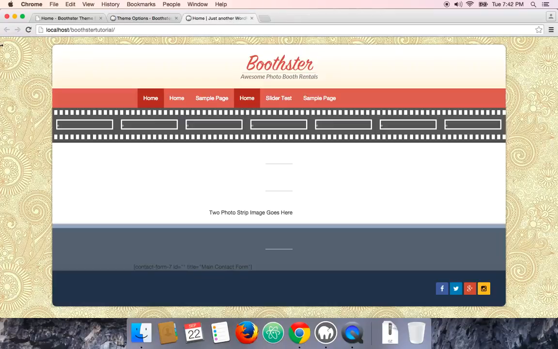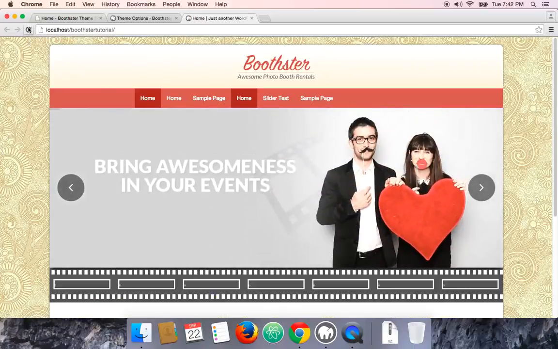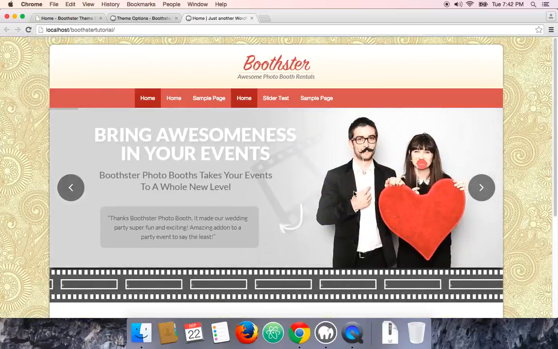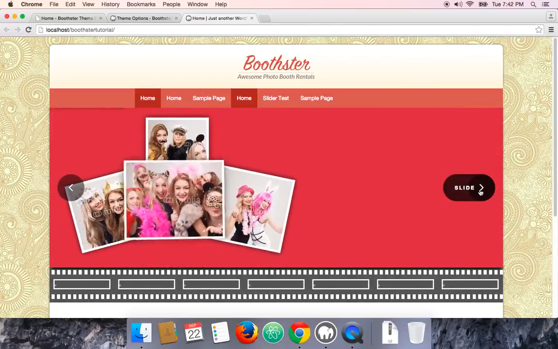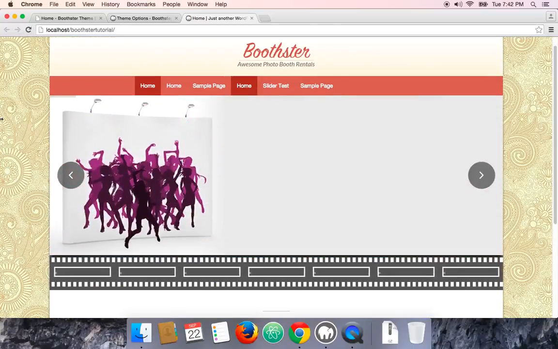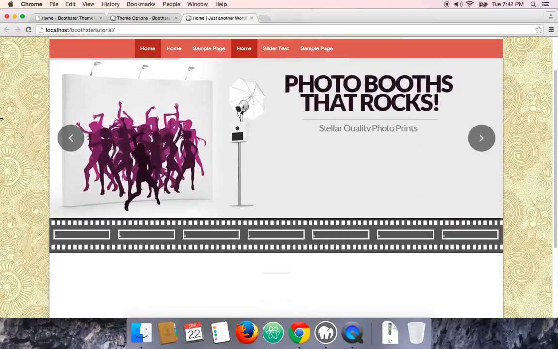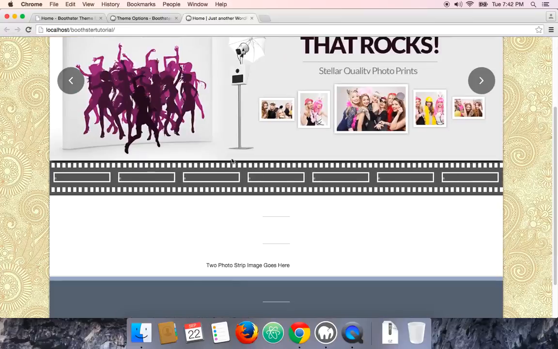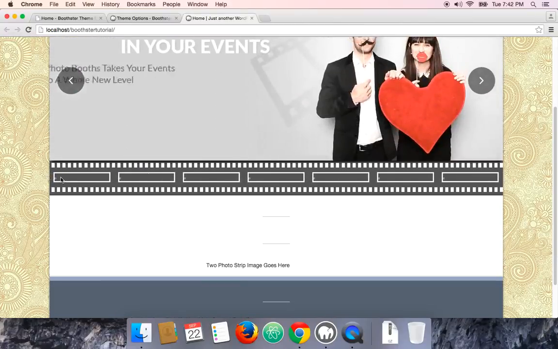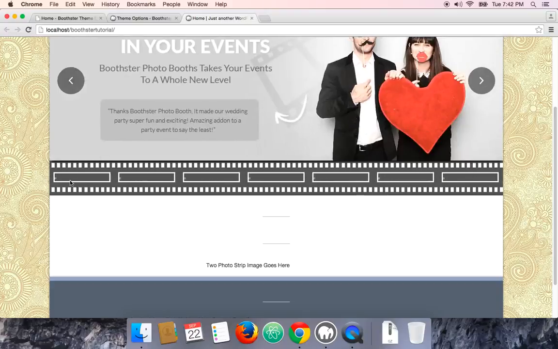We'll go to the home page and refresh it. As you can see, the slider is now working fine. Alright, so this revolution slider is set up perfectly here, and we'll go down to the reel slider over here. As you can see, it is just scrolling to the right and left side, and there are no images. This is because we have not uploaded any images to this reel slider.